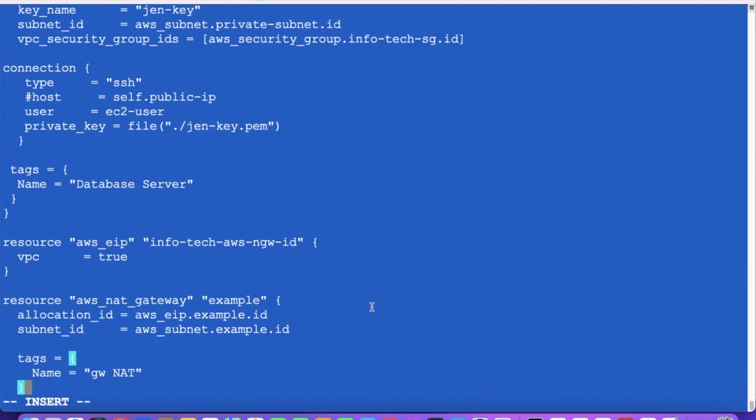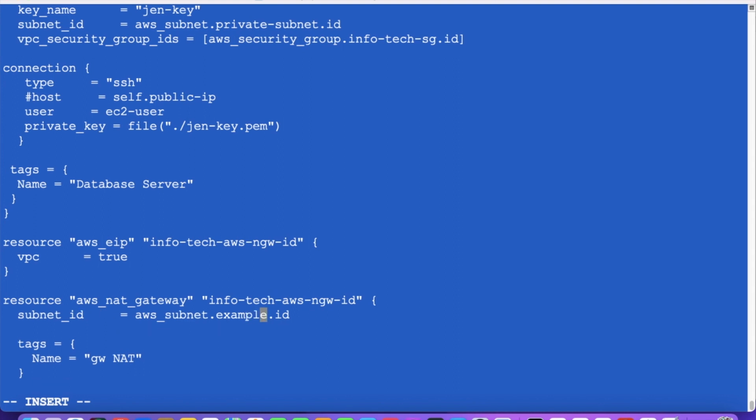Paste over here. And the NAT gateway name, Infotech AWS NG ID. The full name we have to give the same name. The data we copy from here and paste. Okay, and